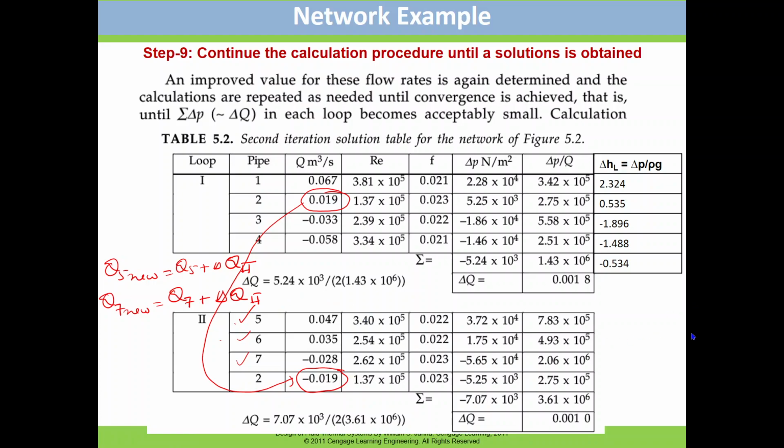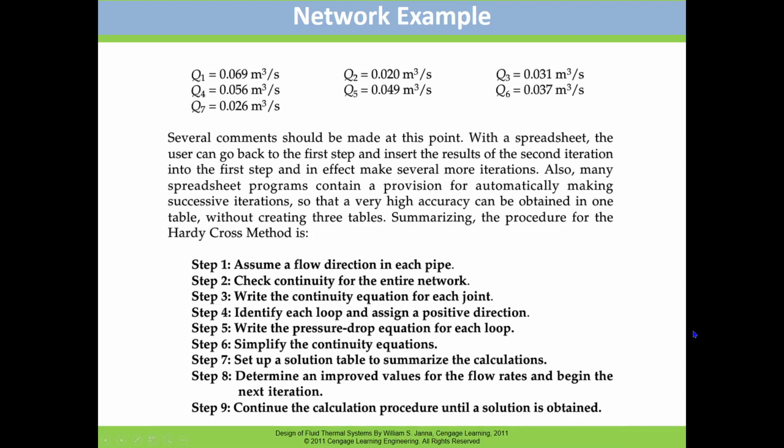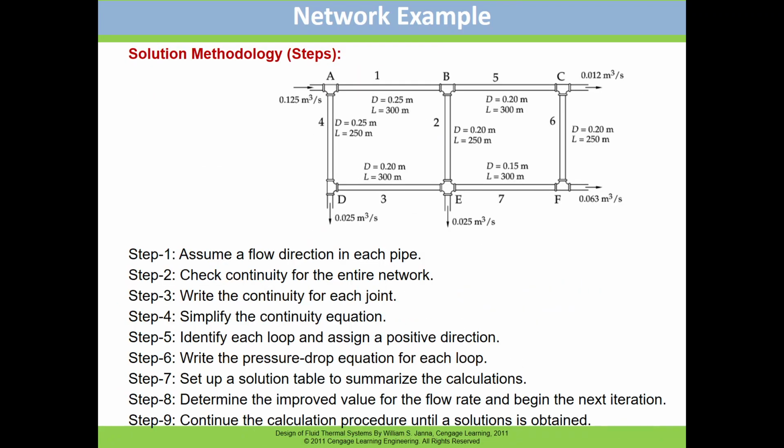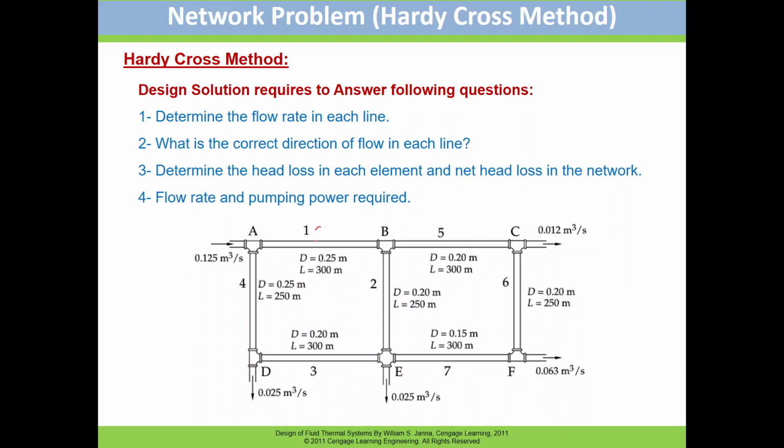So these are the Q values that I wanted to explain to you. Now after the final iteration, when we got the value of Q, these are our final solution for this problem. Now we know the Q in each of these, so it is easy for us to calculate many things. When we started the problem, we started from here. When we know Q1, Q5, Q6, Q4, Q2, Q3 and Q7, and you know the direction of the flow, then you can easily calculate